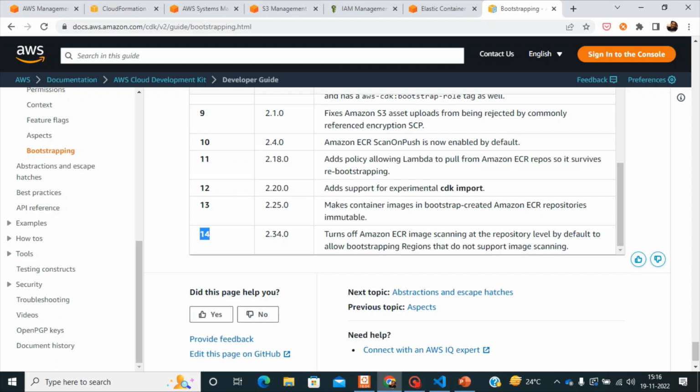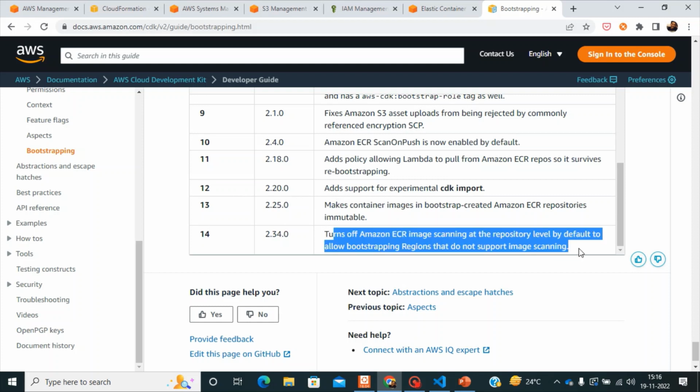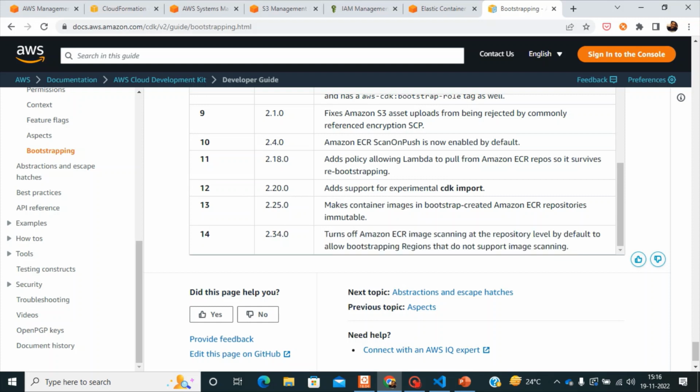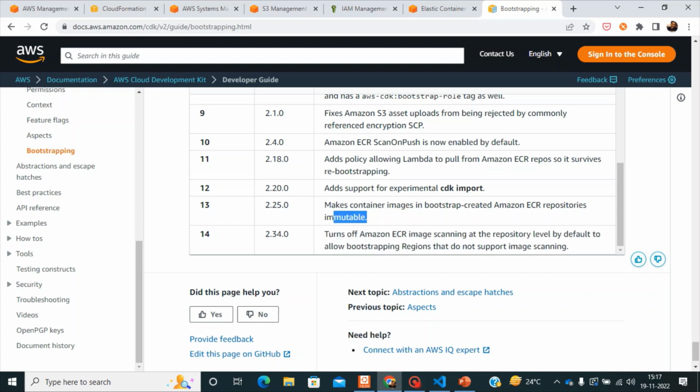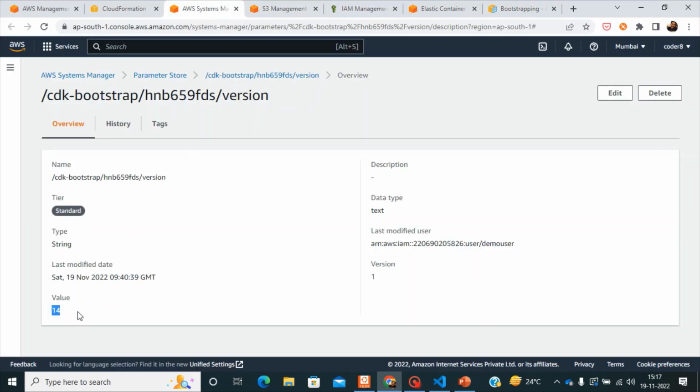For example, if you see what we have here in this template, what is the new feature they are providing. It says turn off Amazon ECR image scanning at the repository level by default, to allow bootstrapping regions that don't support image scanning. So this is the one feature that they turned off. In 13, they released something to make the container image in the bootstrap-created ECR repository immutable. So every time they release something, they come up with a new version, and that version will be a representation of this